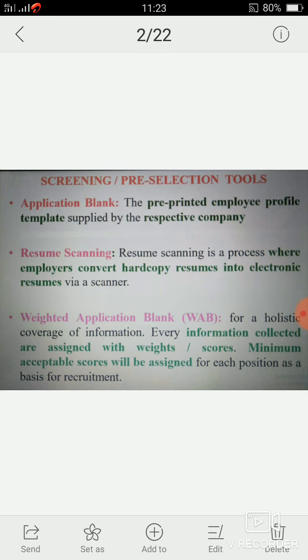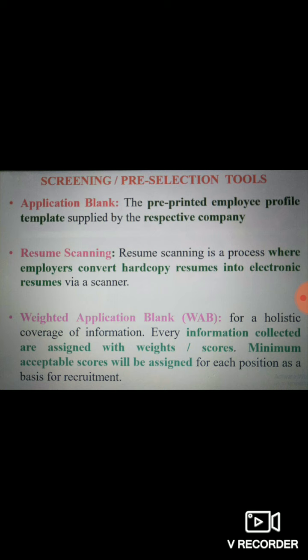If your data is not congruent with each other, then definitely there is a possibility for a rejection. That's why it's called a pre-selection tool. You are not selected, but you are supposed to get selected if you get through all the stages of selection. That's how the application blank helps the organization.